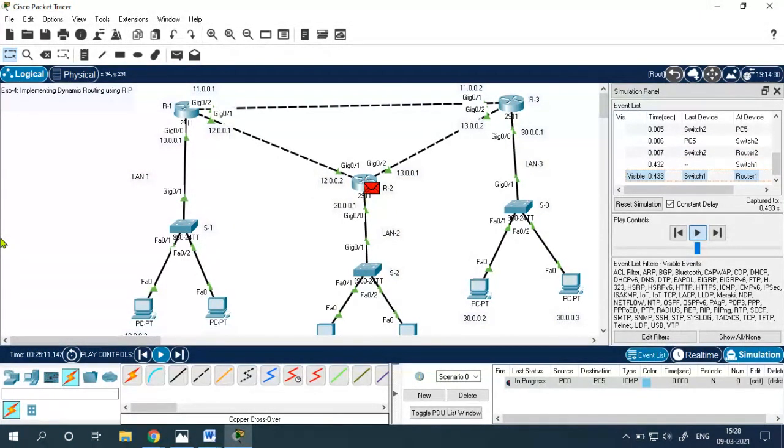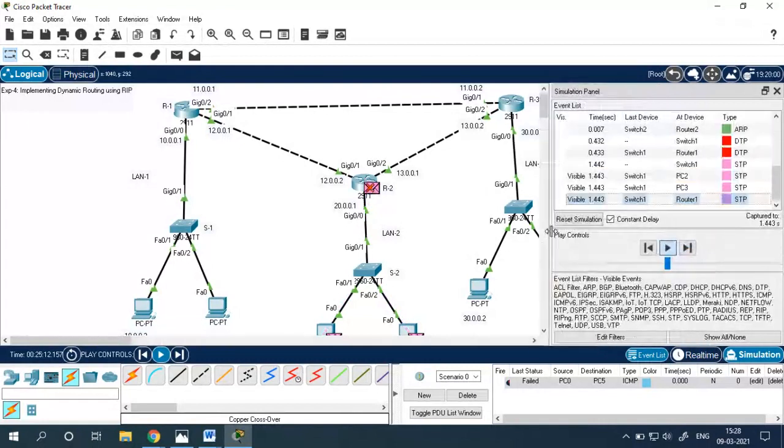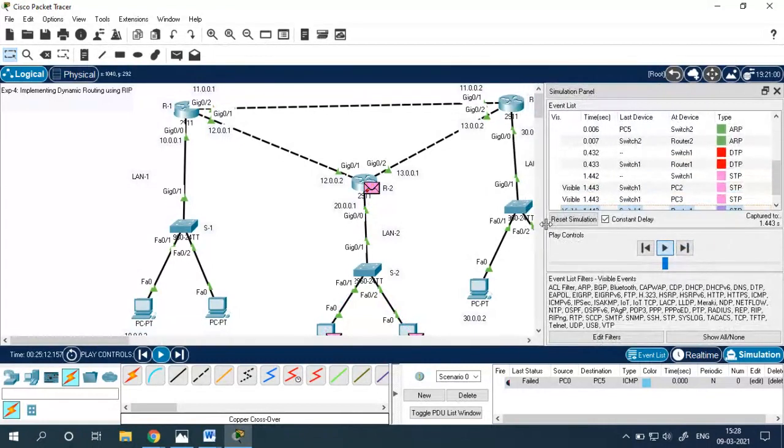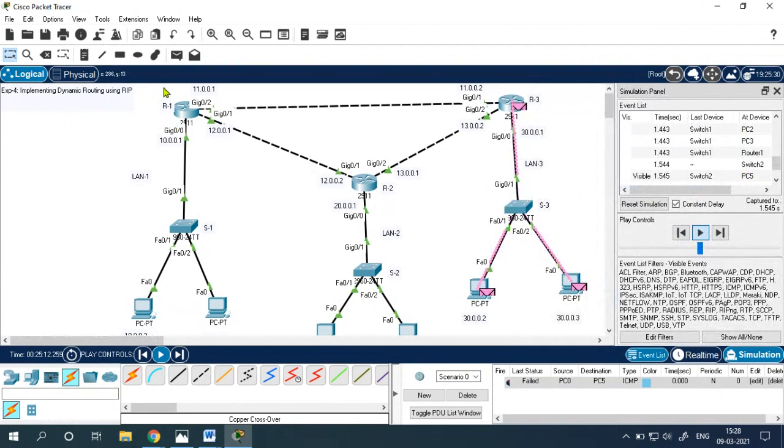It's taking time as this is the first time communication. Meanwhile, you can keep an eye on the event list, what's happening over there. Okay, this time it failed, but let's try one more time.